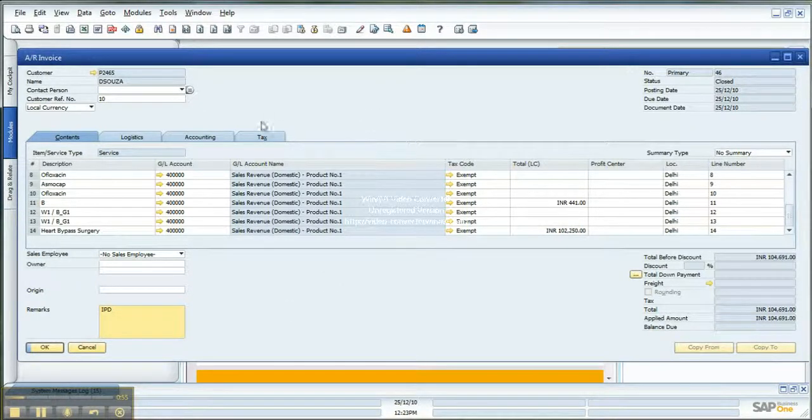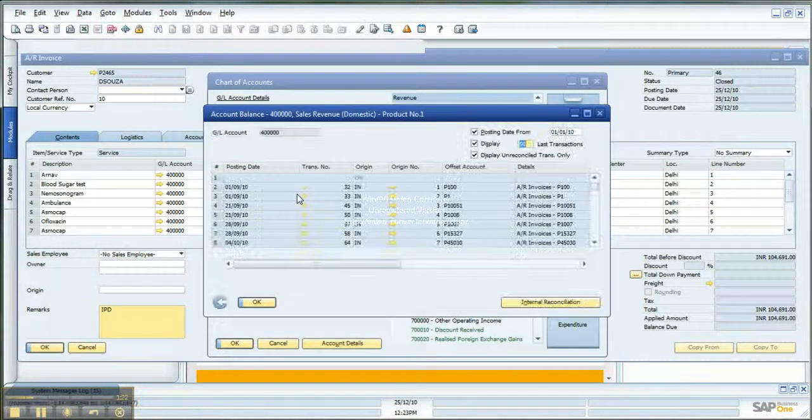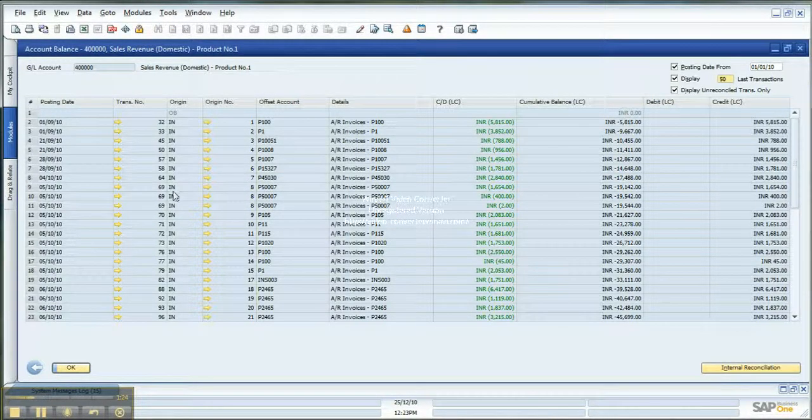Using this you can see the different accounts which got affected by this bill. If you click on a particular account, you can see the details of that account, and what type of account got affected here. These are the different accounts which this hospital is maintaining. Here you can see the balances in this account. If you click on balances again, you can see the different transactions that happened on this particular account, for which date and which type of documents or bills were created in this account.